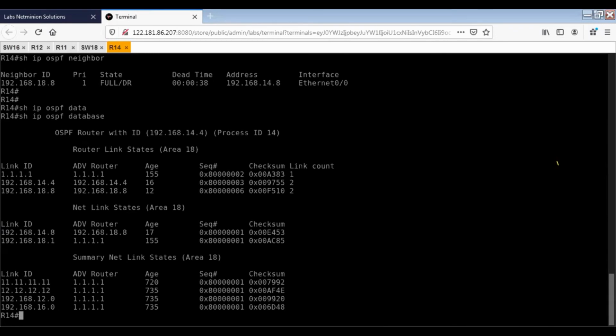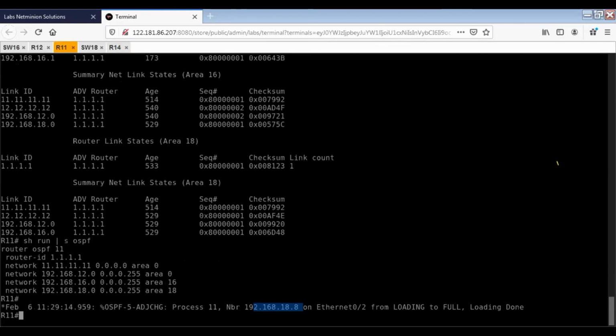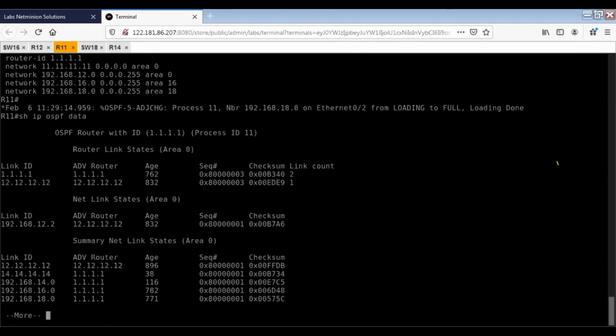I have introduced 14.14 in this router 14, so we'll check this here. Show IP OSPF database. So it is starting from area 0 and we are getting 14 itself.